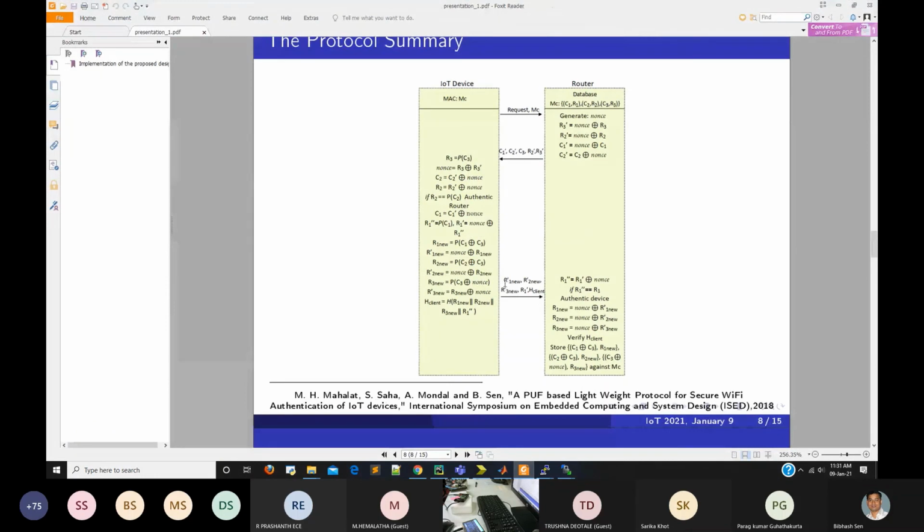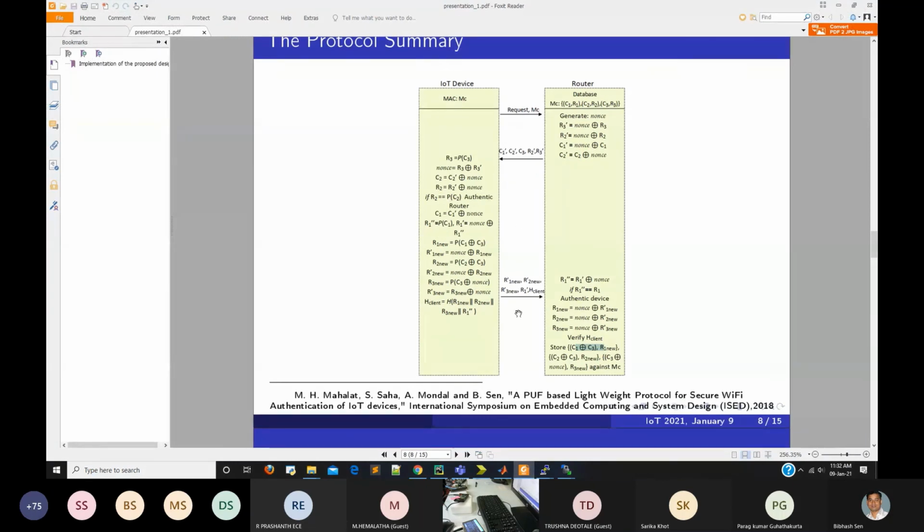And one more thing, in our protocol, the database has C1, R1, C2, R2, C3, R3. After the initial authentication is complete, we just renew it. In the store phase, we are changing the database. So it is C1 new, R1 new, C2 new, R2 new, C3 new. So the new database, you can also see. Sorry, this is the server information. If we again execute here, the new database is completely different from the others.